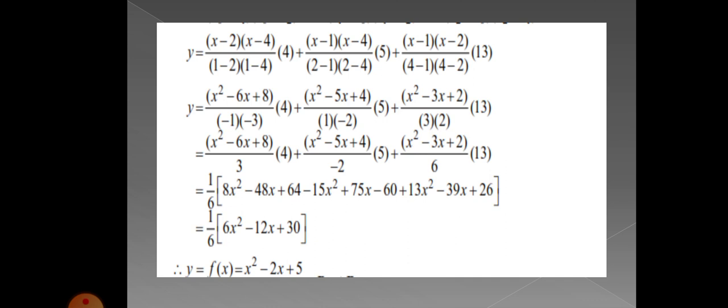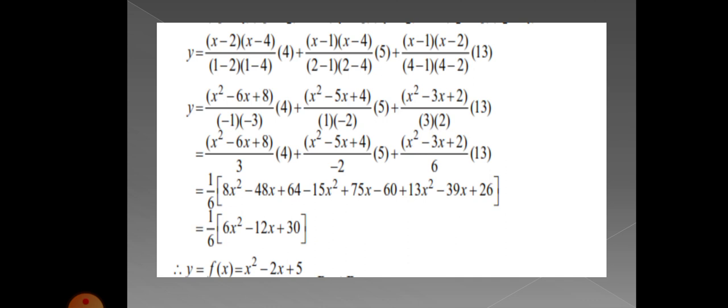So for that, you have to take the LCM, then only you can conclude that polynomial as a single value. For that only they have taken the LCM, which is the highest one here. 6 is the highest one. So you have to take the LCM according to that. So finally we are getting 6 as the LCM itself.